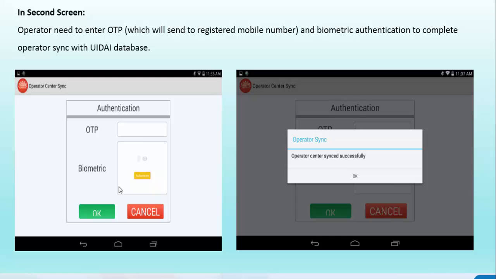Then this operator sync process will start with the CADR through the internet. Once it succeeds, you will get a pop-up message like operator center synced successfully. Then the operator synchronization has been done successfully, and you can go to the next process.